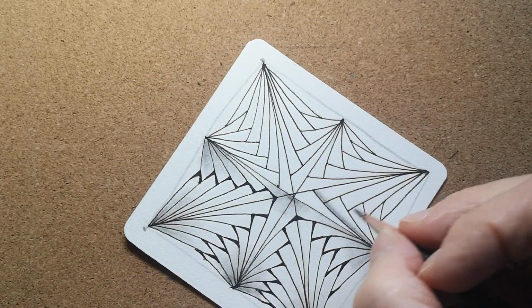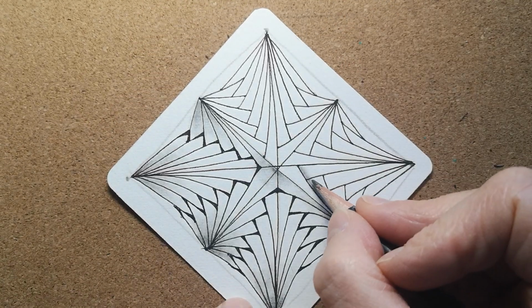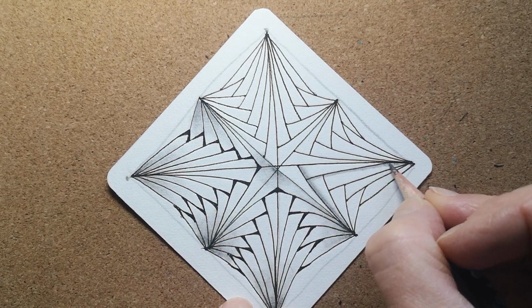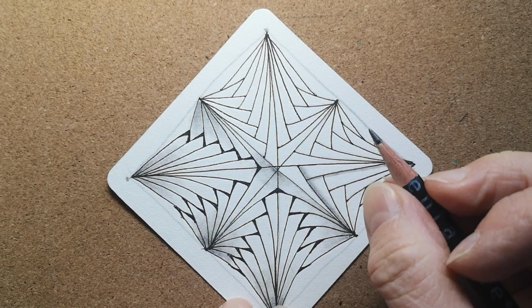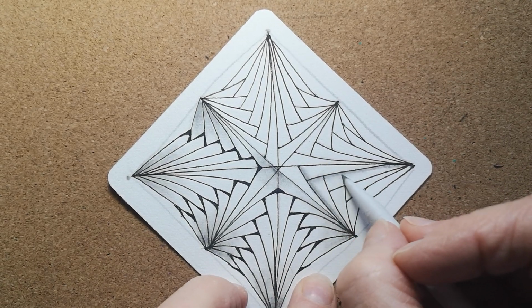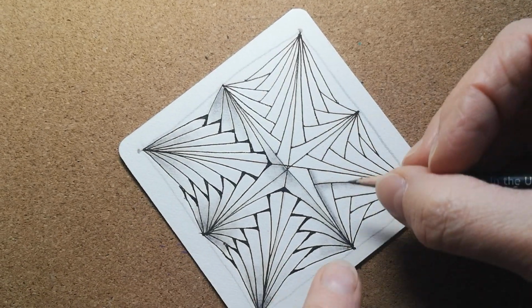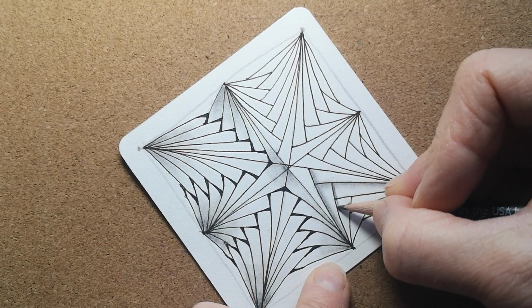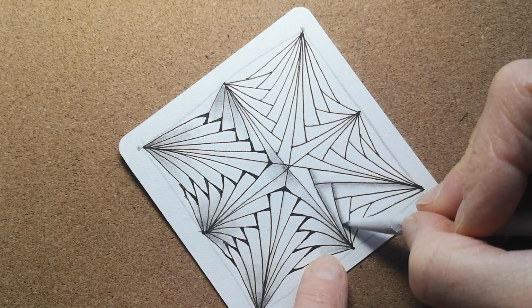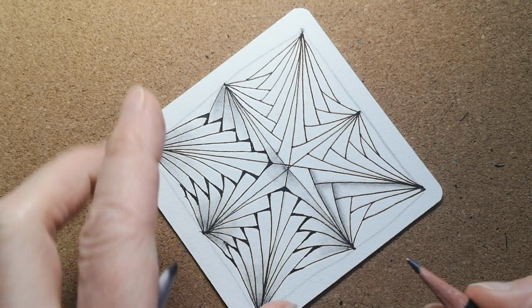Turn my tile, and we're working underneath these lines. I'm going to pop a little bit of graphite there. You can see I'm pointing my pencil towards the line. I've got quite a nice sharp point on it, and we just soften that. You can do that on all these, one at a time. Add your graphite, just a very thin line. I tend to be quite a strong shader